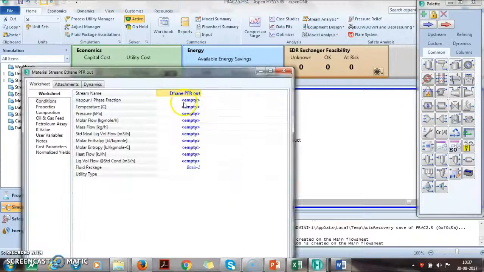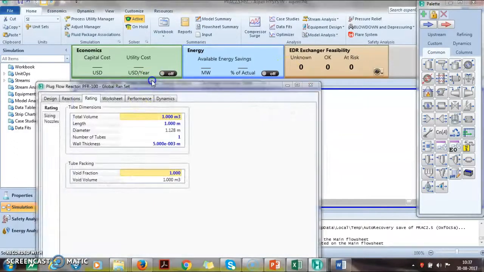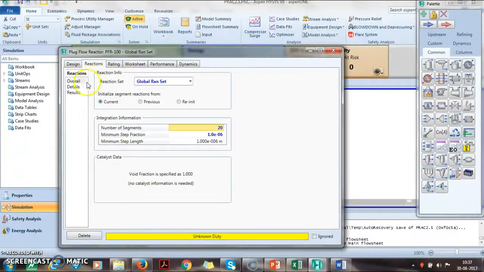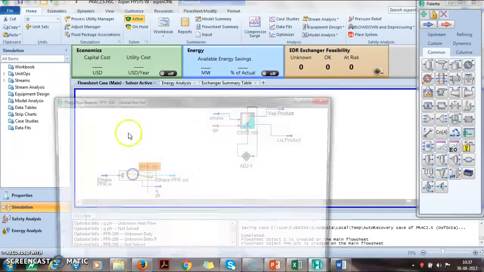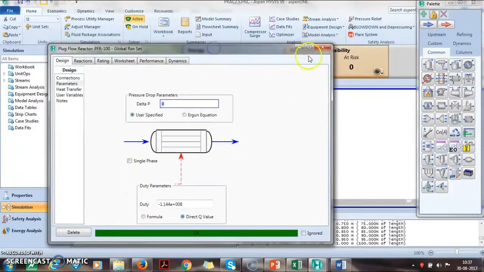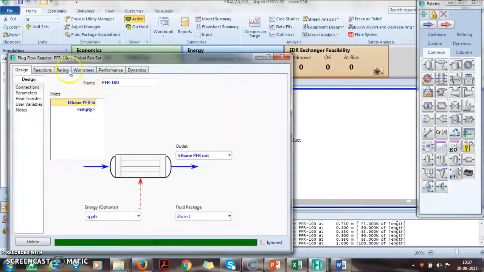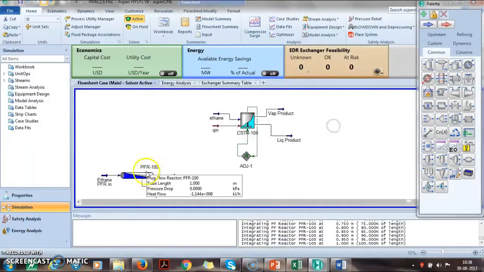So what we need to do is, since the reaction is isothermal, we'll give this the same thing we would have done in the CSTR as well, and once we do that, okay, I think we need to give the pressure drop to be 0, and we got the simulation, but the reaction result which we get is 85%. Now what we want is that to be 60%. So we'll again repeat the same thing.